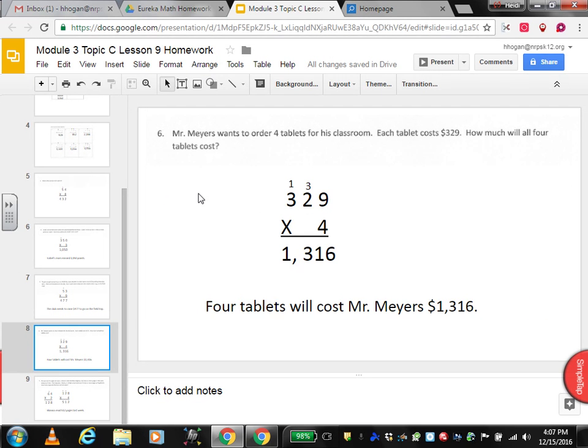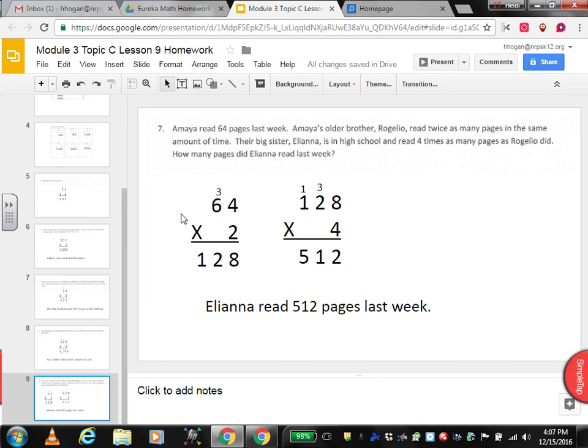Mr. Myers wants to order 4 tablets for his classroom. Each tablet costs $329. How much will the 4 tablets cost? So, 4 tablets. 9 times 4 is 36. We're going to regroup 3 times. 6. 4 times 2 is 8, 9, 10, 11. We can't have 11 here, so we regroup here, 11. 4 times 3 is 12, and 1 is 13. So 4 tablets will cost Mr. Myers $1,316. And our last word problem, obviously, it's the last one, and it gets a little more complicated, so